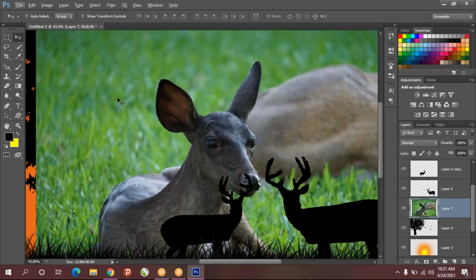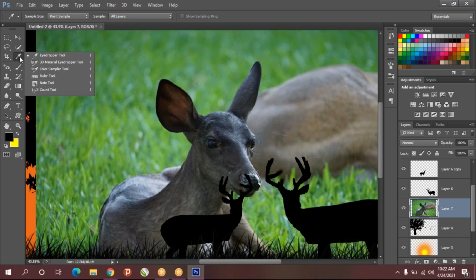So if you want exactly these colors, we have a tool called eyedropper tool, or in MS Paint also it is there. It is called color picker tool. So here it is called the eyedropper tool. So just you click the color which you want, automatically the color will get changed here. So any color you want, just one click you do, automatically that color will come.